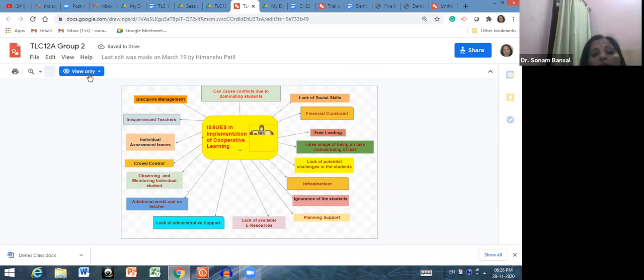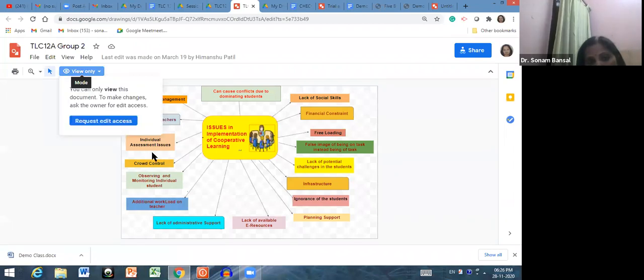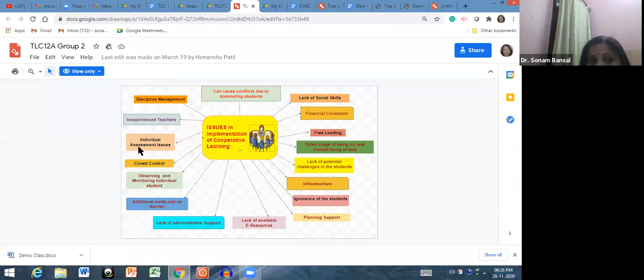See, here the editor has given only viewer rights. It means you can't edit anything. If you want to edit, you can't, because this was shared by somebody else with me and I am a viewer now. I can't edit anything in this. Right? If I want to edit something over here, I have to get access to do the editing.